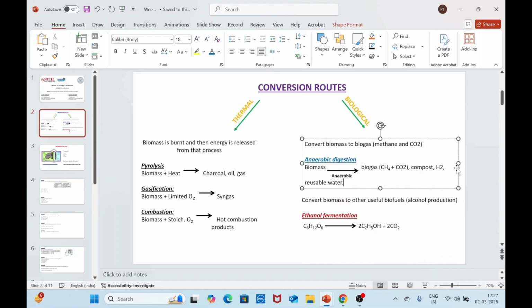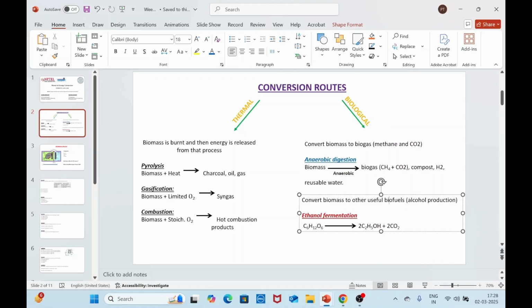So this is fine, but I guess we have one or two more. I suggest everyone look after this, because this is one of the most commonly asked assignment questions. They usually ask what the products are, or which one of the following is a product when the biomass undergoes the anaerobic digestion process. So it's better to have all five things in mind, so that it will be easy during the assignment sessions.